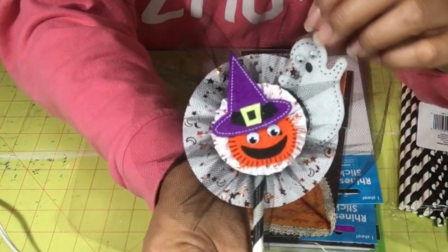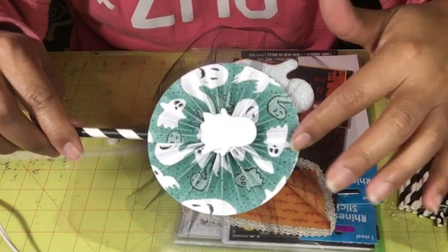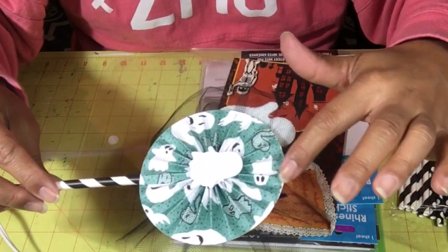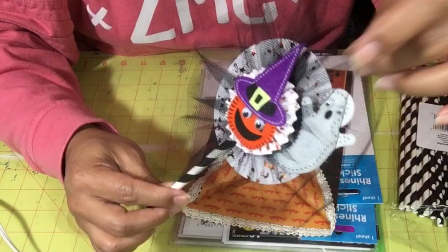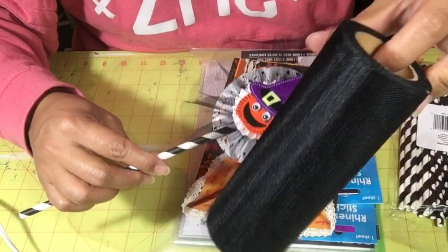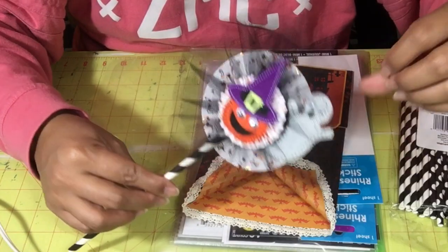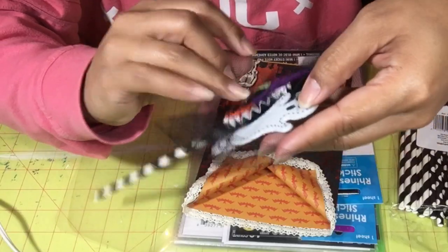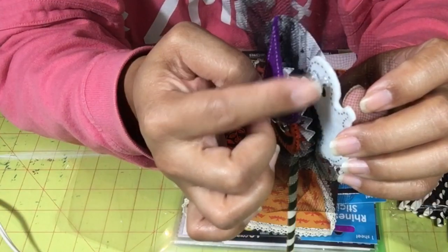I made a giant medallion, and what I did is I just took the paper, scored it, 12 by 12 pad paper, and it's double-sided, so I had to put something on the back. And then this is the front, and what I did here, I took some of my tulle just off the roll, and you know, just like you make a rosette, took that and put it on top of my medallion, but between the two layers I added my ghost, and I put some googly